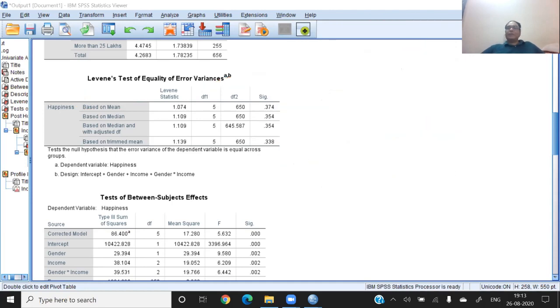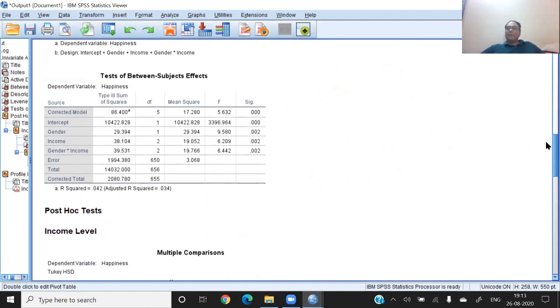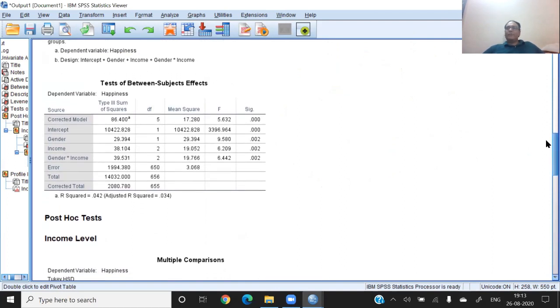The next table is the most important table in two-way ANOVA. And believe me, if you will write a paper on the two-way ANOVA, this table is the table which must go into the research paper. So this table is the most important table, and I'm showing you how to interpret this table. Now in this table, I want to find out whether the individual effects are significant.